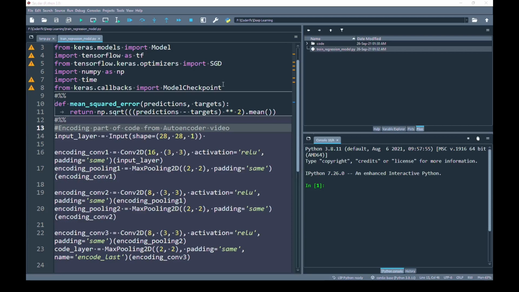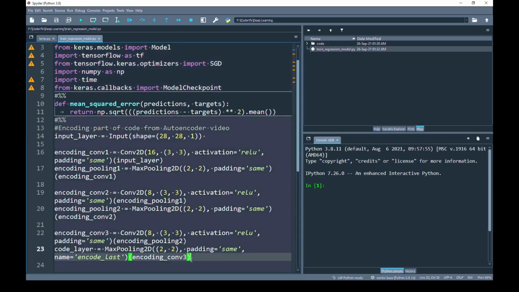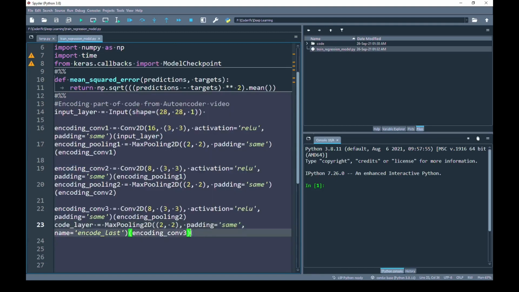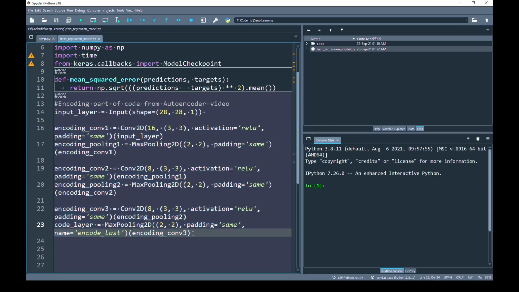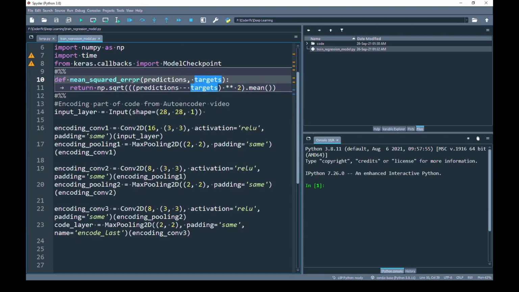As you can see, I have already imported some of the important libraries and written a few lines of code as initials of my training model. If you notice, these are the convolution blocks that I took from the Autoencoder video. I will add the link to this video in the description box, and I prefer that you watch it, how we design an autoencoder. The same function I have used from that video, which I will use to analyze the prediction